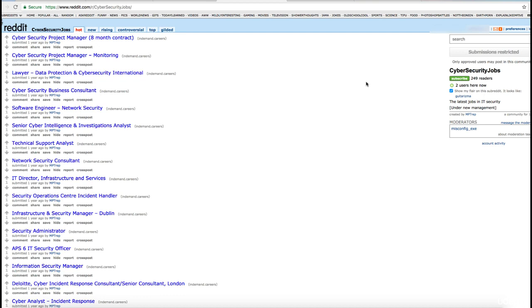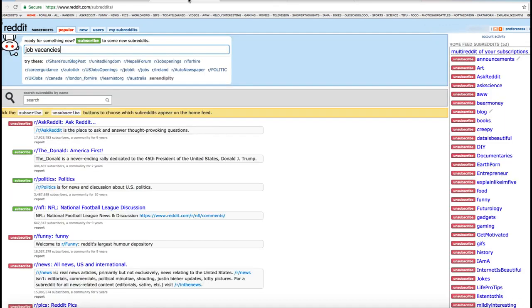Now, it's very simple. If you already have used reddit.com, you would be knowing what I'm talking about. If you have not used reddit.com earlier, you have to sign up here on reddit.com and you would know what I'm talking about. So it's very, very simple. You just need to be careful about the rules and regulations of specific subreddits, okay? Let me go ahead and show you something else.